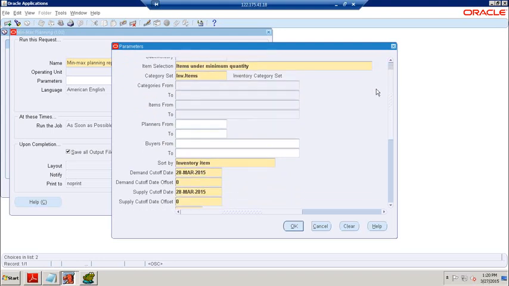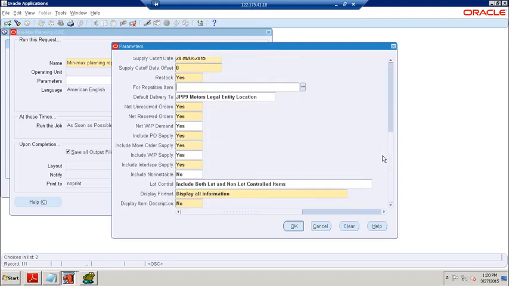Item selection, item categories, move order supply. Now I'm going to click on OK.